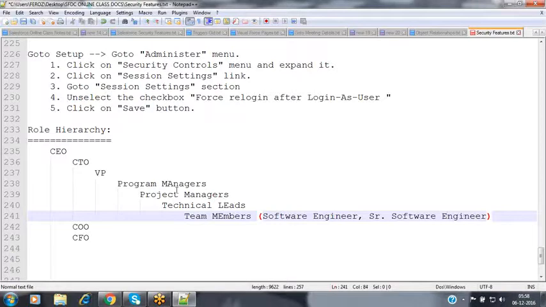Each designation describes some set of roles and responsibilities, and we can assign this designation to one or more employees inside the organization. Depending upon the role, nothing but the designation, they will have some accessibility inside the application.